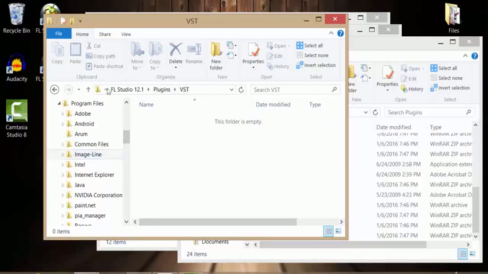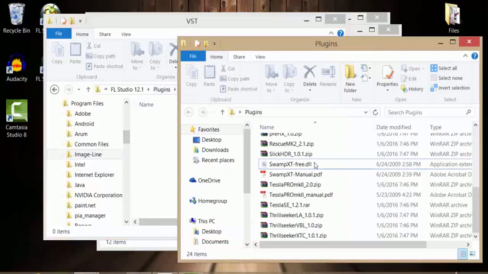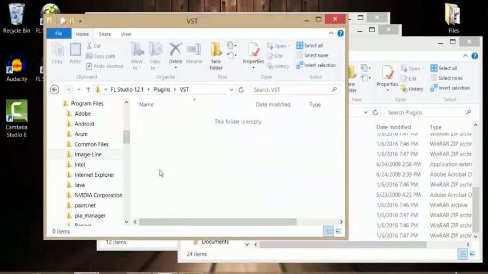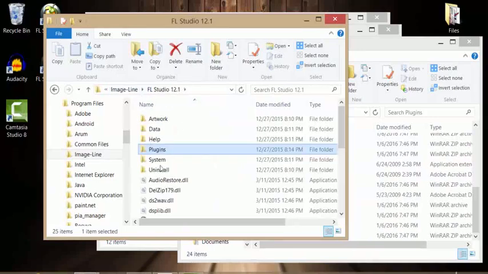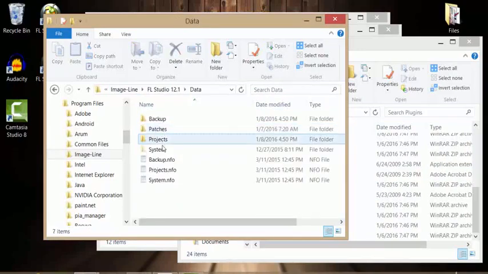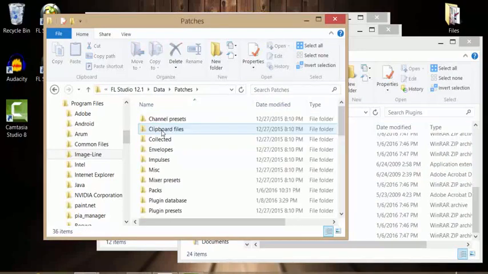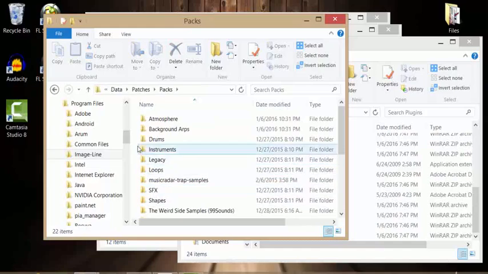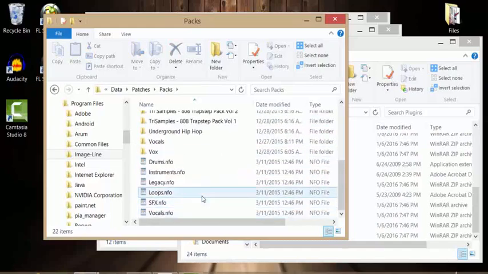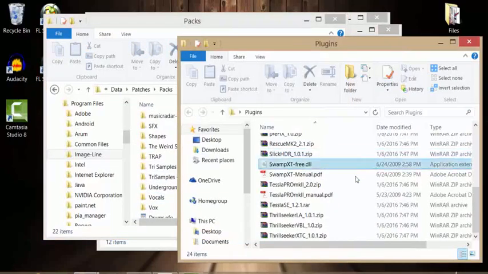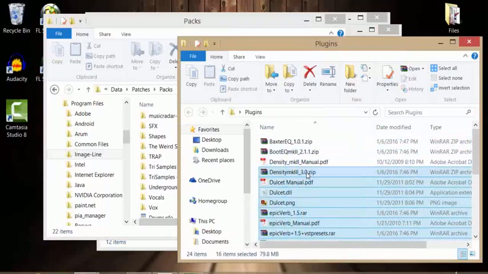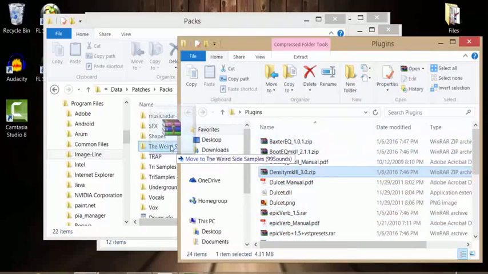I just put them in Steinberg, and I actually had to take them out of here in order to fix a problem I had for a little bit. But you just click and drag that into here, and then FL Studio 12 can find it. As for sample packs, you go into Data, Patches, Packs. And what you have to do is drop a folder into here. So if you have a folder over here, let's say this is the folder. Then you just drop it in here, and it will instantly appear with